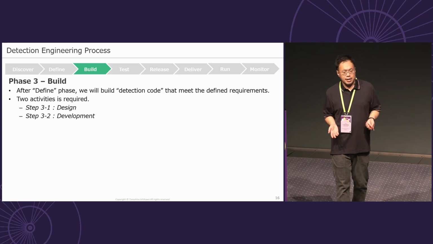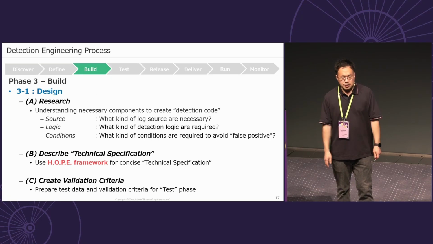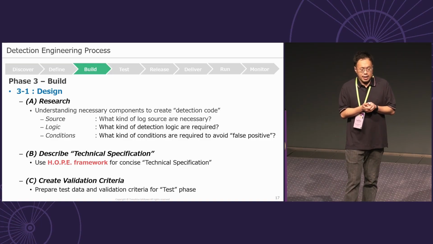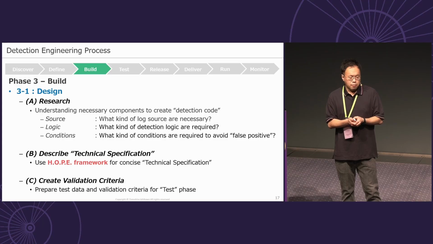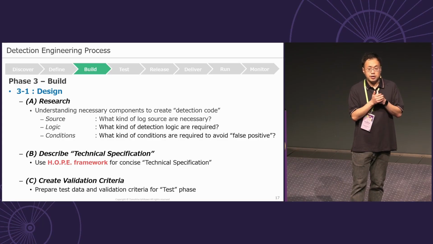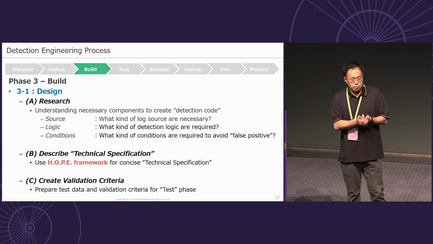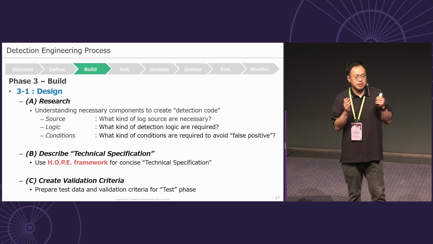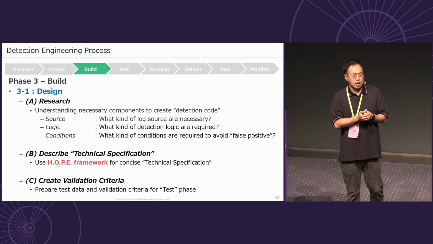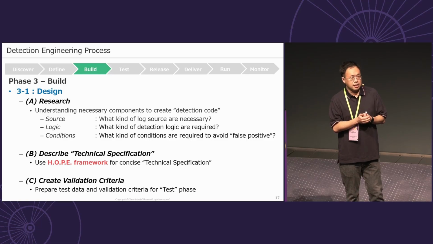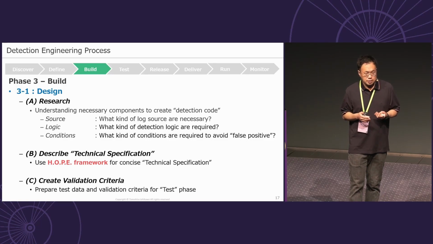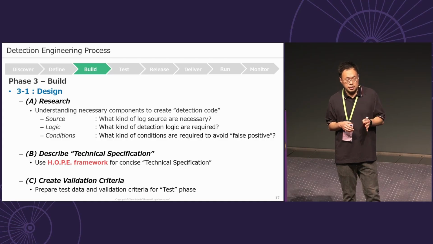So we need to have design and development phases. Actually, in the design phase, usually the detection engineer does further research. We understand the necessary components to create detection code. First of all, we need to understand what the source of the detection is. Without the visibility, we cannot detect it. So we need to understand what kind of log source is necessary and whether or not we have it. And then we also need to consider the logic, and the condition when